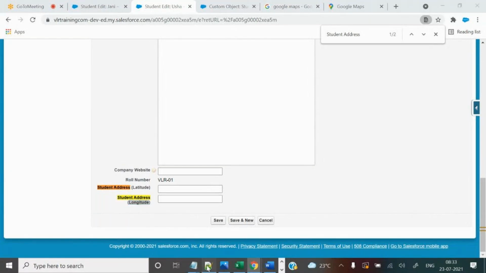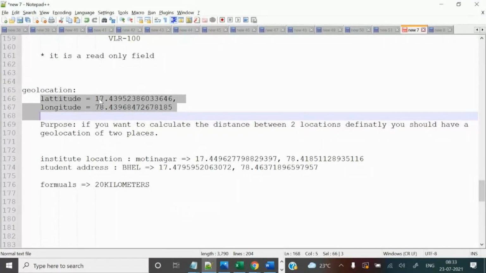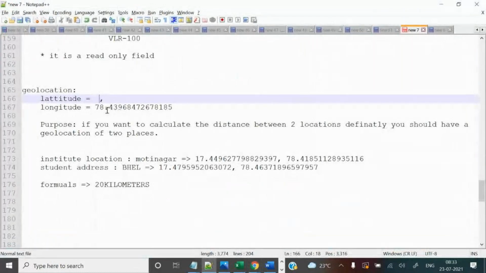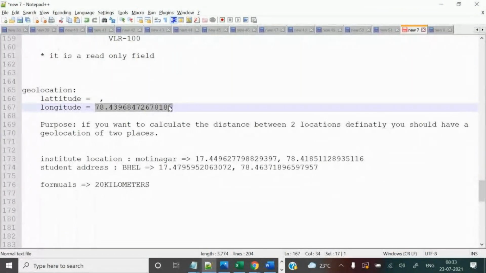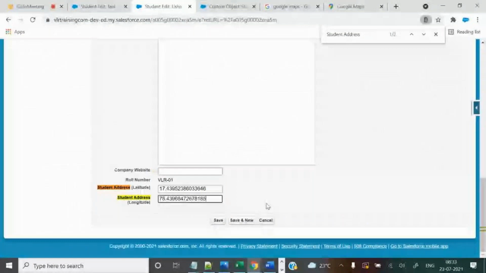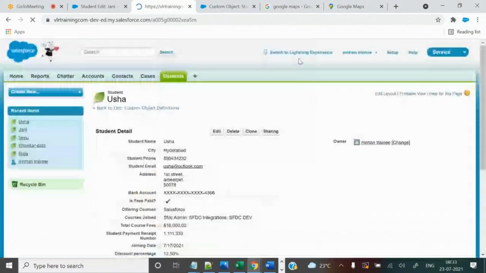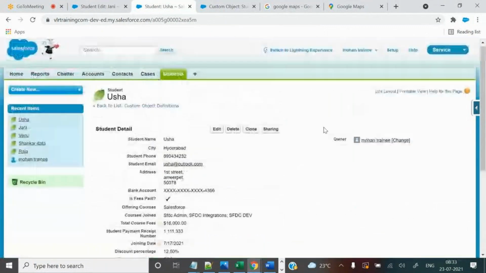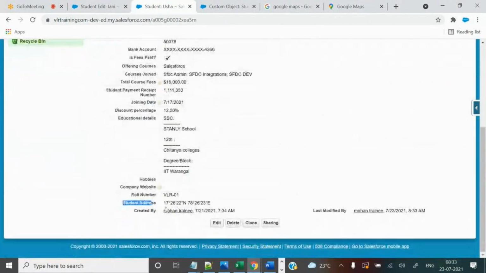Okay, now the student is located in this place. I am storing the latitude value and I am storing the longitude value. Save it. So that's it. But see, once you saved, only one field is displaying. In the degrees format it is displaying latitude and longitude.